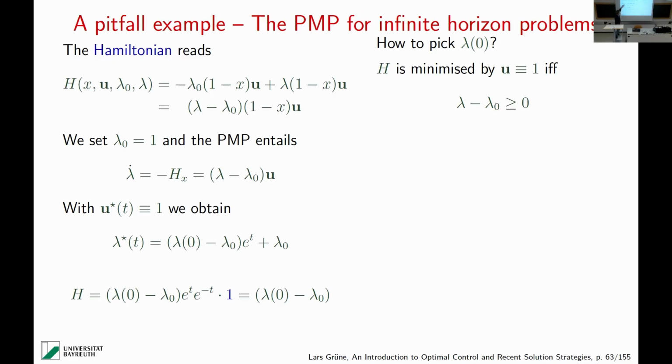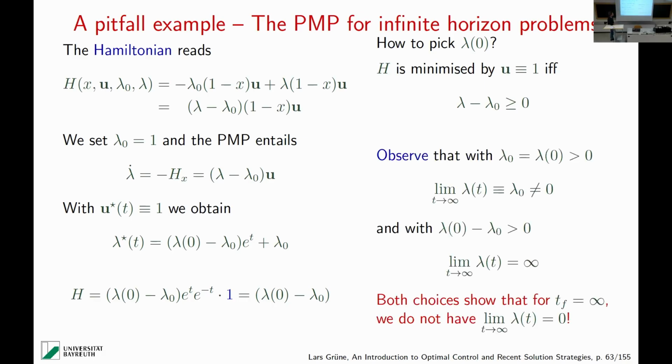So whereas the Hamiltonian up here, we know that x is always less than 1 for the solution. We have to make sure that something negative appears here. We want H to be minimized by 1, so we need a negative. This must be less or equal to 0. There's a sign error in there.